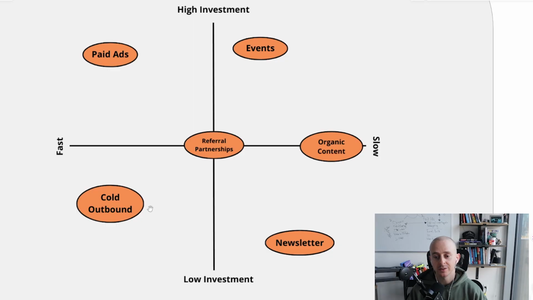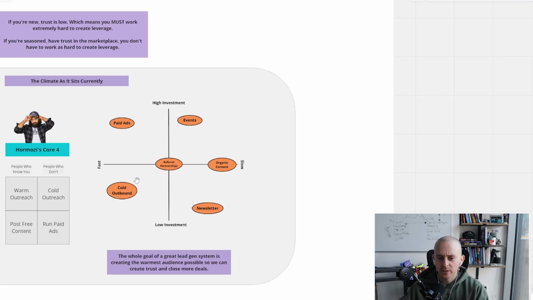But also you could fit SEO inside of here. There's so many different types of outbound that we can talk about. So there's a lot of different things, and I'm sure if you thought about whatever lead gen tactic you're using that is not on here, you could find a place for it on this graph. So just wanted to lay that out: different lead gen systems do take different investments and do work at a little bit faster or slower rate. So keep that in mind.